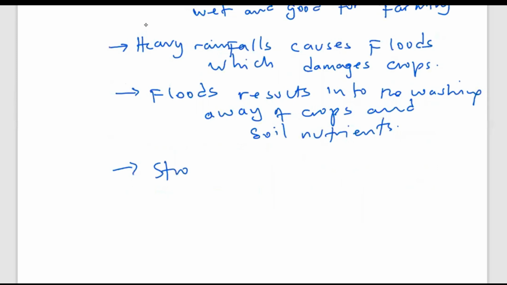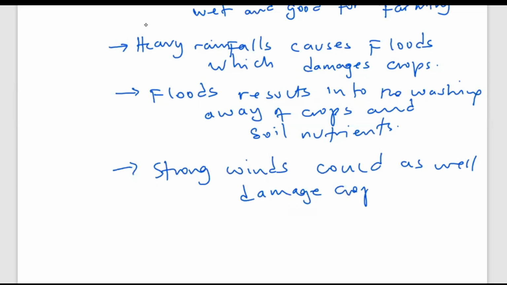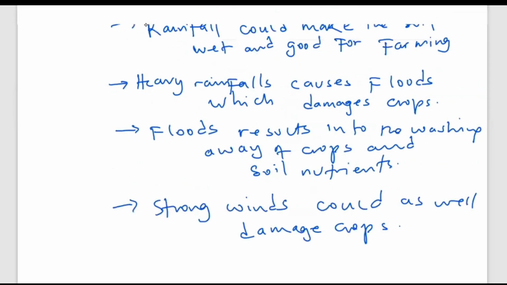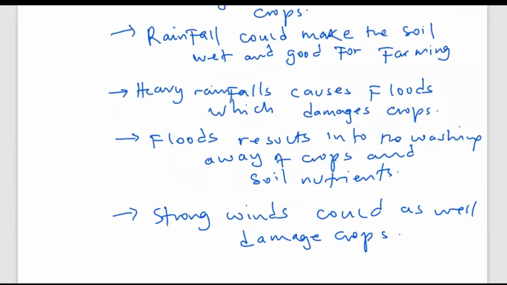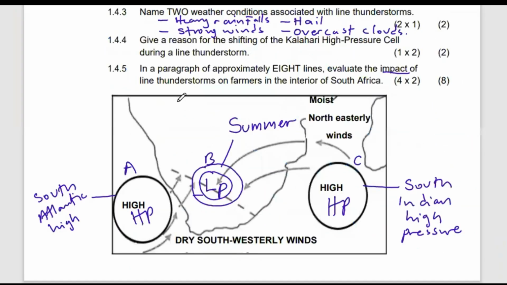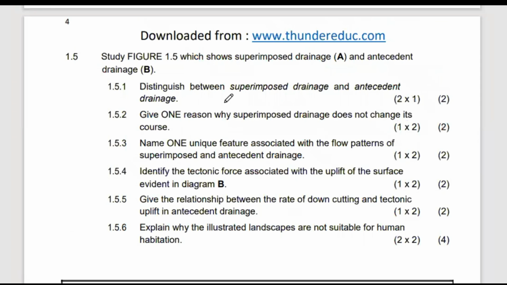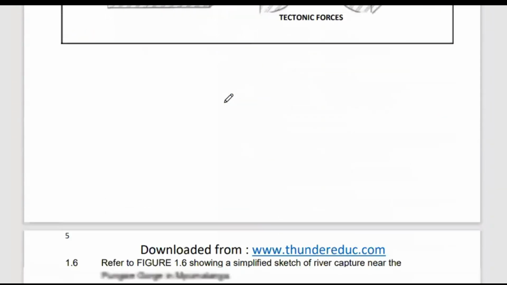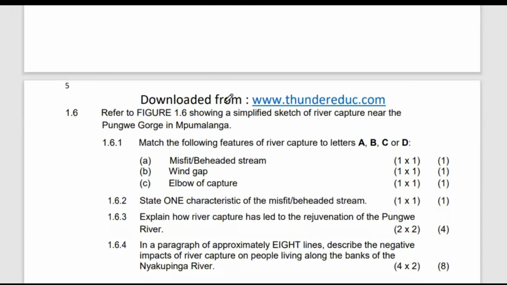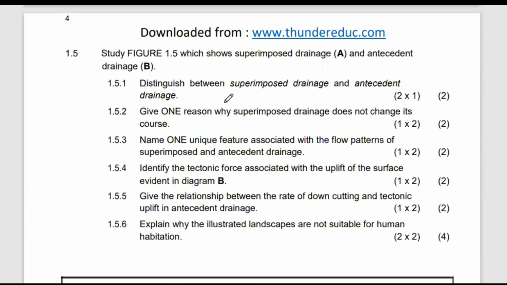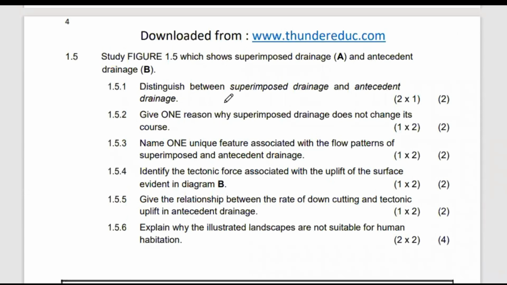Strong winds could as well damage crops, etc. So there are so many of these impacts. All right. Question 1.5, which says distinguish